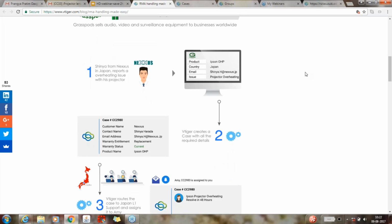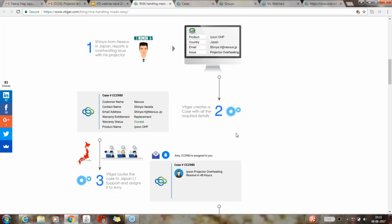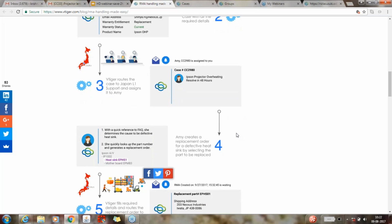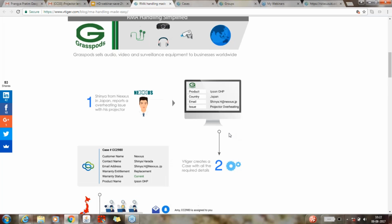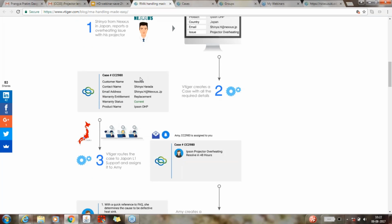What you can actually do when it comes to handling returns is, when a case comes in that involves any returns, you can create an order. I want to go to the step. So in the first step, again we're using Grasspots, an issue was reported about an overheating projector, and the case was created,